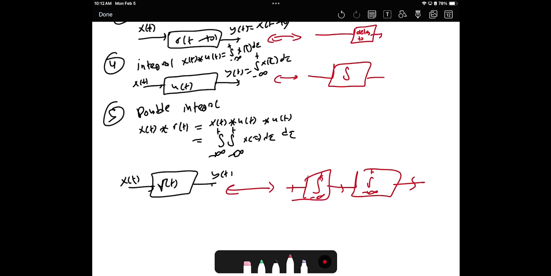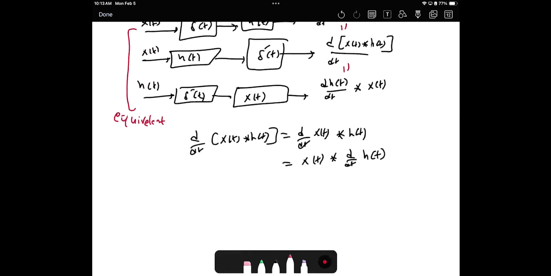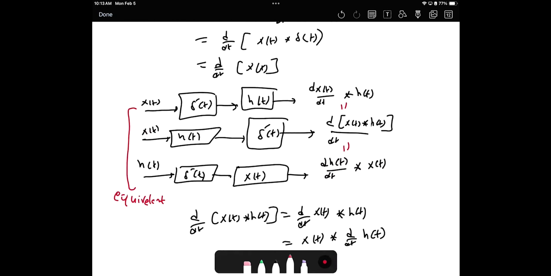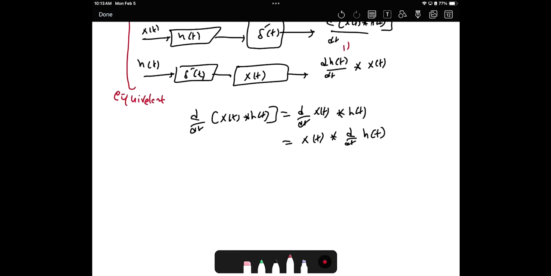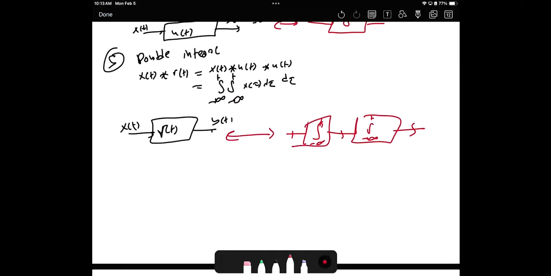Okay, so, yes? And then it doesn't matter the order we do these operations in? Since it's all convolution, it doesn't matter how we apply these operations. Does it matter if we do a double integral before we do a time delay? Yeah, it doesn't matter, because as we said, it's an LTI system, so the order can be swapped if and only if it's an LTI system.